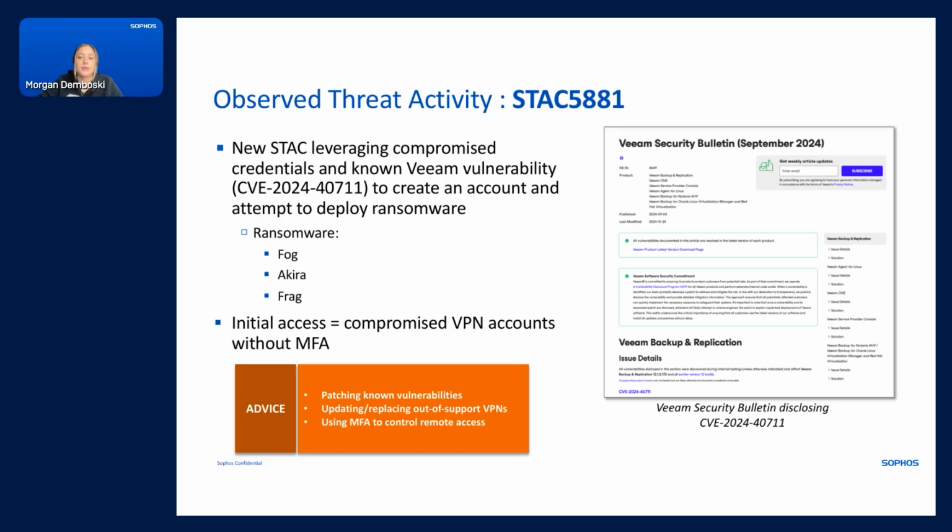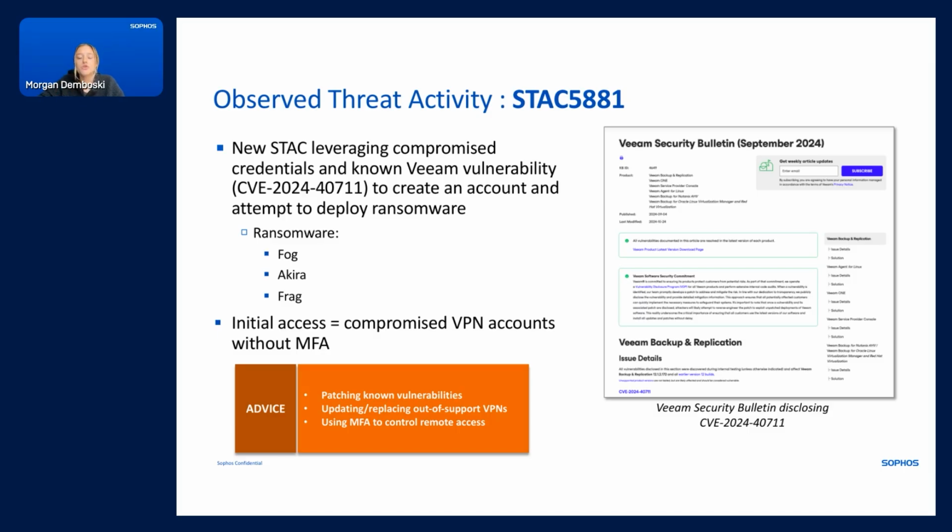Arctic Wolf recently published research stating that Fog and Akira ransomware actors are increasingly compromising organizations through compromised SonicWall SSL VPN accounts. So specifically by exploiting a recent vulnerability, I think it's CVE-2024-40766 in SonicWall VPN that we talked about last month. So we're seeing quite a bit of overlap between these two ransomware, Fog and Akira, and specifically their initial access